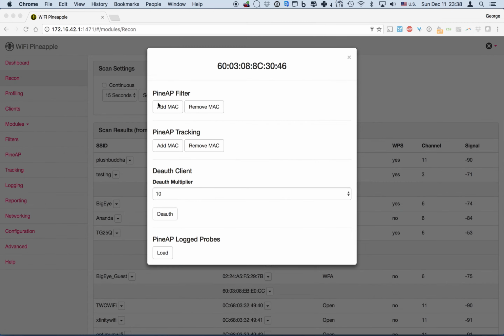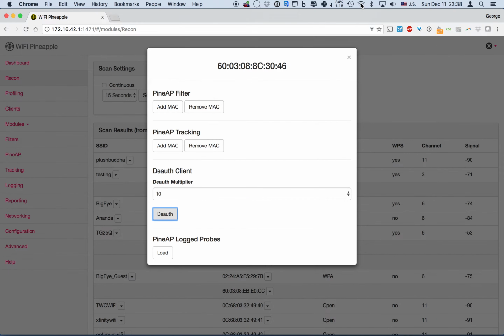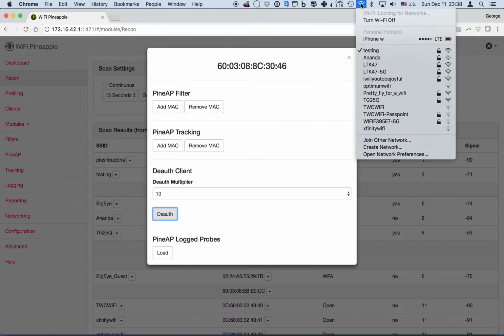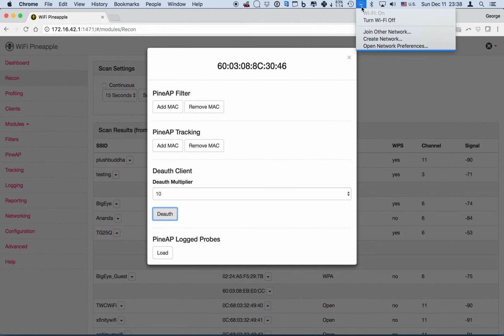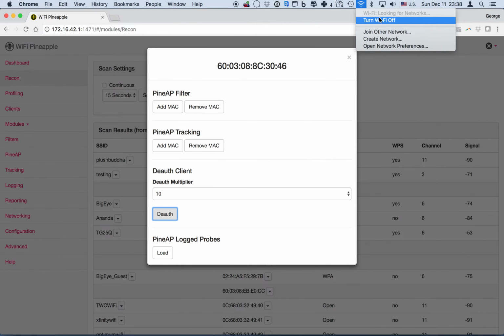So I'll go back to my Wi-Fi Pineapple and I would like to run the security attack. Now I will open up this one, and hopefully what we should see is that soon enough I will be deassociated from the testing access point, as it just happened. And then I should see another testing network popping up,